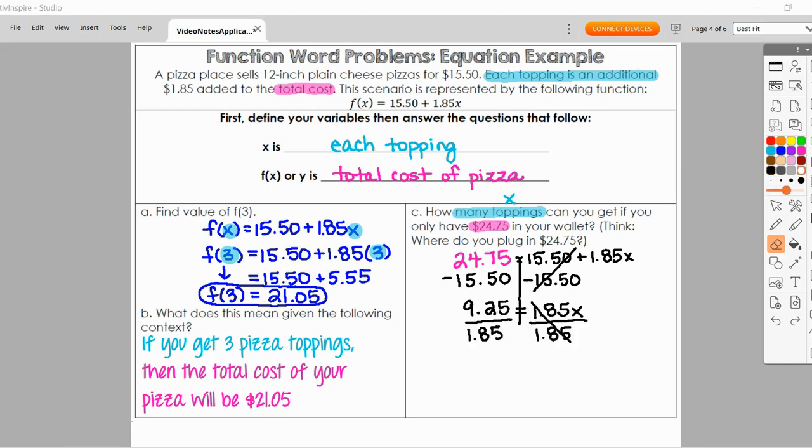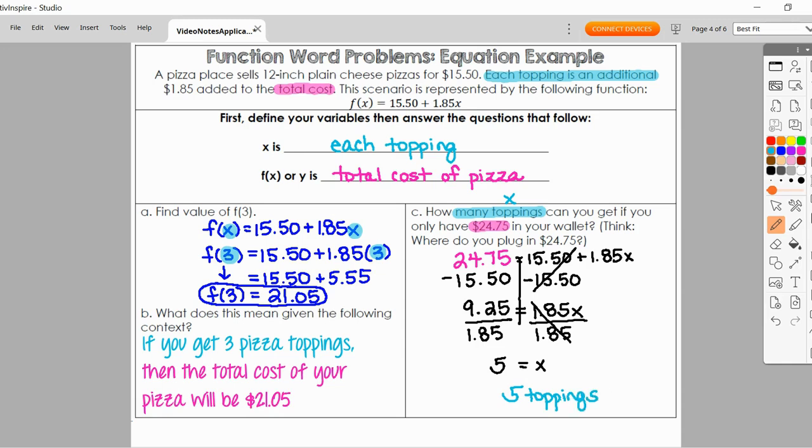We do our next step of dividing by 1.85 on each side. What happens on the right is it cancels out to leave just x. And then on the left, when we do 9.25 divided by 1.85 in the calculator, we get 5. We're going to label this 5 as the toppings here because that answers our question of how many toppings we can get when we only have